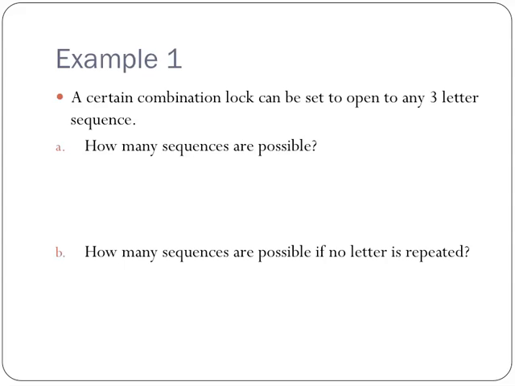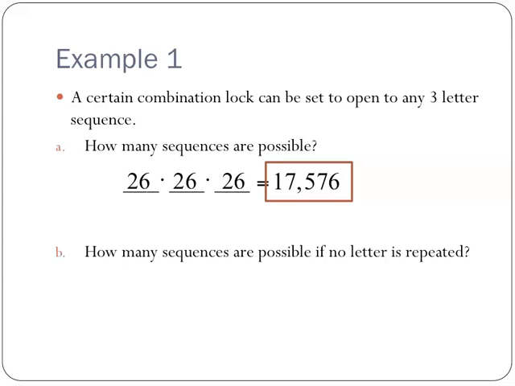Well, think of it this way. It's a 3-letter sequence, so I'm going to put in 3 blanks there. And then I'm going to write down how many possibilities there are for each. So in the first blank, how many ways are there of coming up with something that goes in that blank? Well, there are 26 letters in the alphabet, so there are 26 possible things that could be in that first blank. And then the second blank could also be any letter, so that is also going to be 26, and same with the last one. So you would simply multiply 26 times 26 times 26, and that will give you the number of possible combinations. So multiplying this out, we get